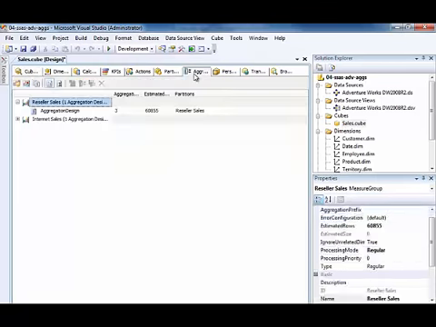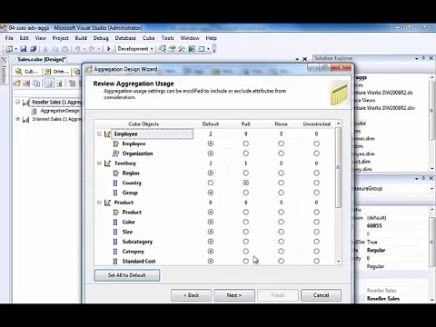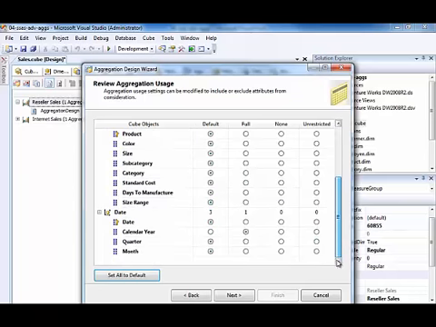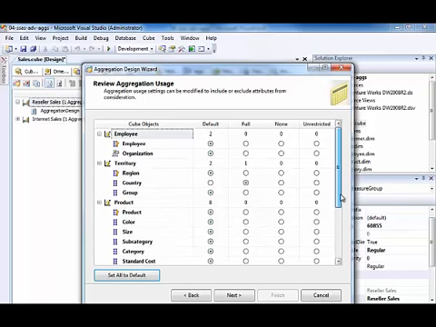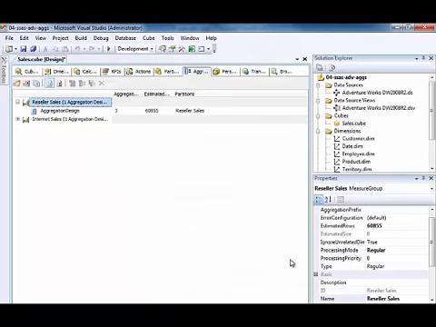Then when we go to the aggregation wizard, we can see that those attributes are set according to the cube settings that we defined on the Cube Structure page. Customer is not showing up here because I selected the reseller sales partition, and customer is not associated with this particular measure group. If we go into the internet sales and start the wizard,